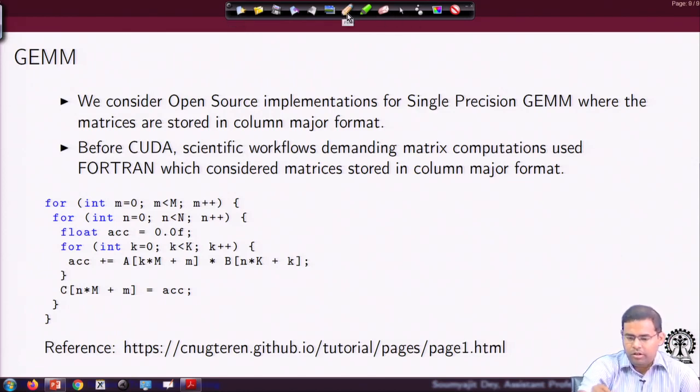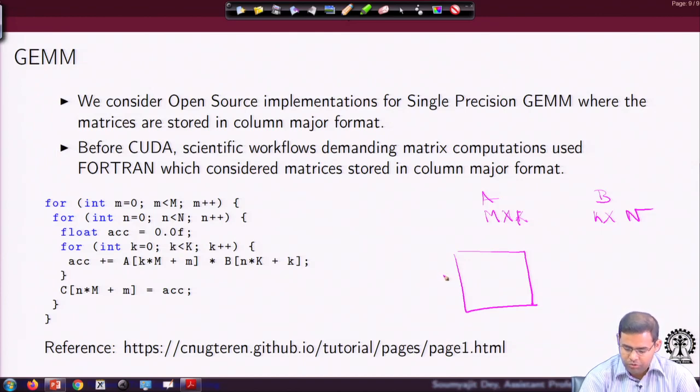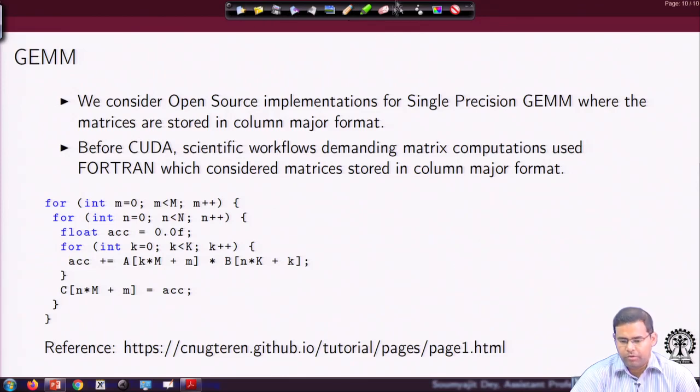in terms of math, when you are trying to multiply matrix A and B of dimensions m cross k and k cross n, in reality you will have the matrices arranged the other way around, right. So, that would be like k and m, and similarly here. So, there is a transformation, it is just like a transpose, but that is it. I mean, we have to live with it.